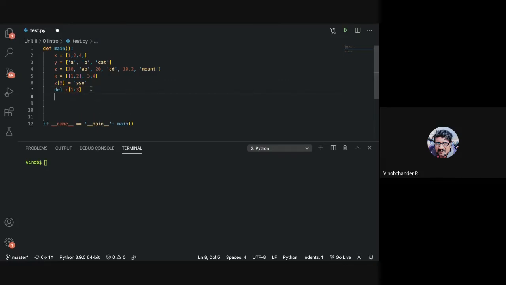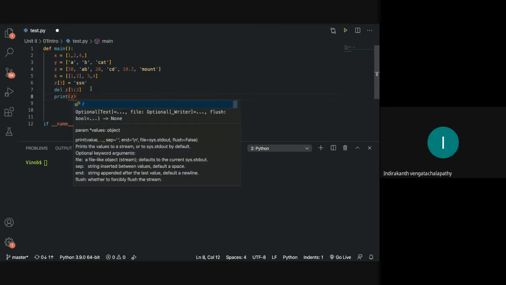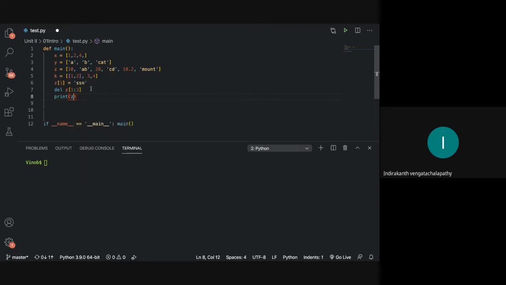And if I print Z, sir, it deletes the second and third values, AB and 20. So the answer is going to be 10, CD, 10.2 in mount, right? Yes, sir.